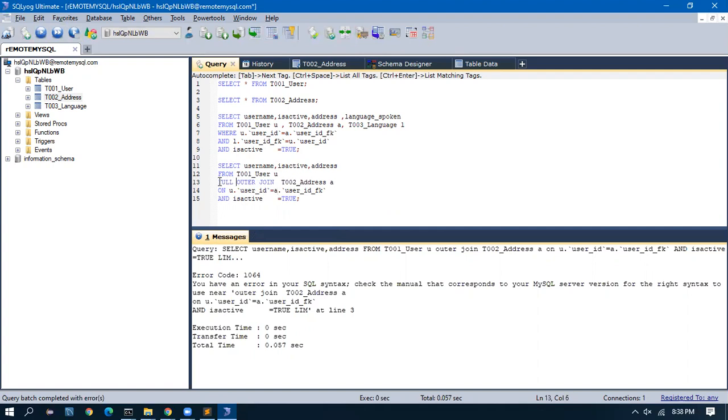Full outer join, table 2 on, table 1 equal to table 2, where. So the where comes here. By mistake. Okay, what is the error? Near full outer join.